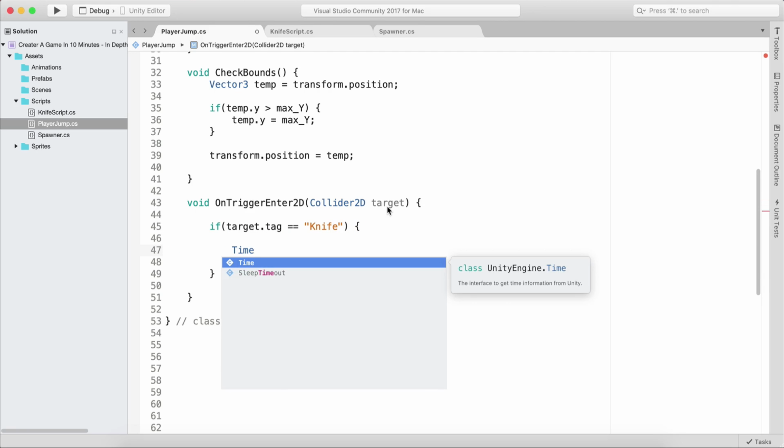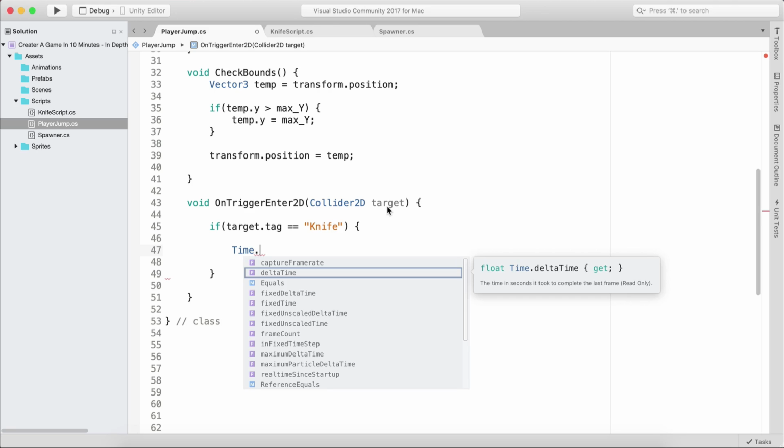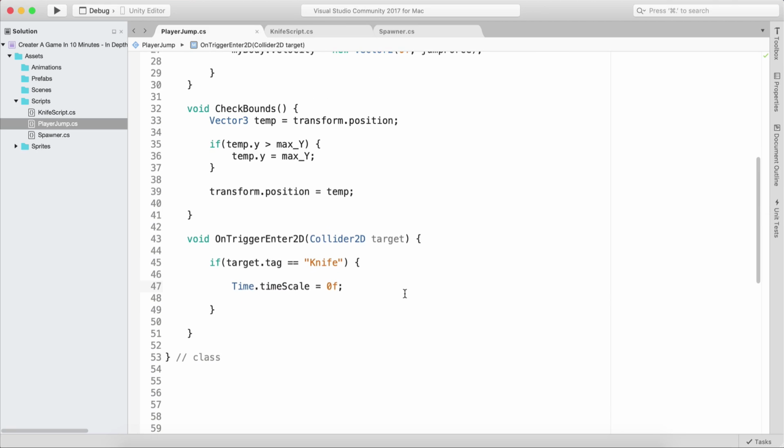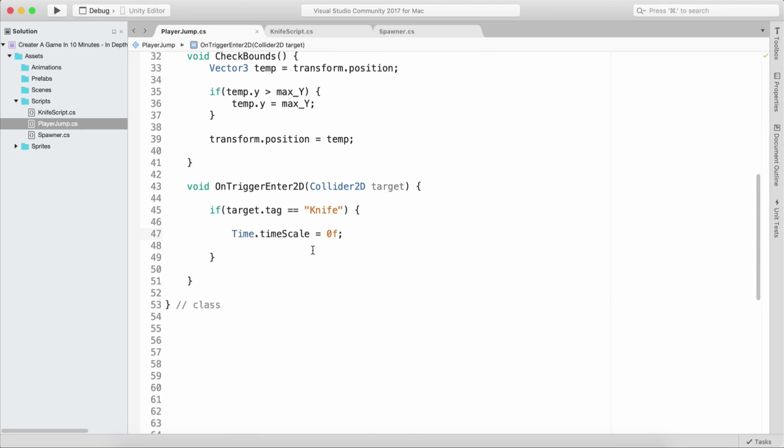And that sounds weird, we got touched by a knife, but we're going to say timescale is equal to 0 to stop our game. And voila, this is going to stop our game. Now, usually, since we are only going to use this here, I am going to leave it like this, but